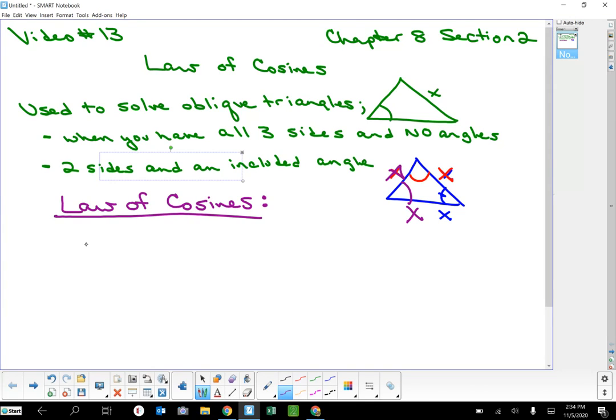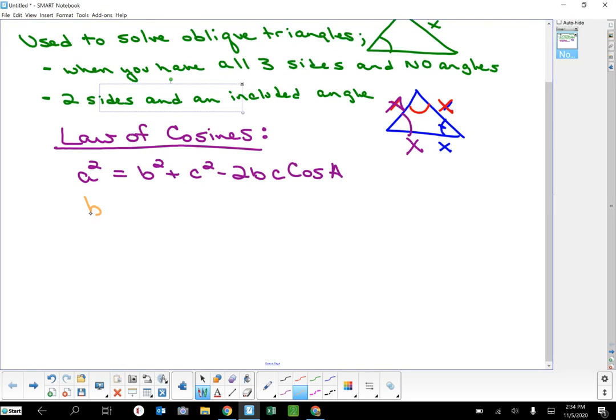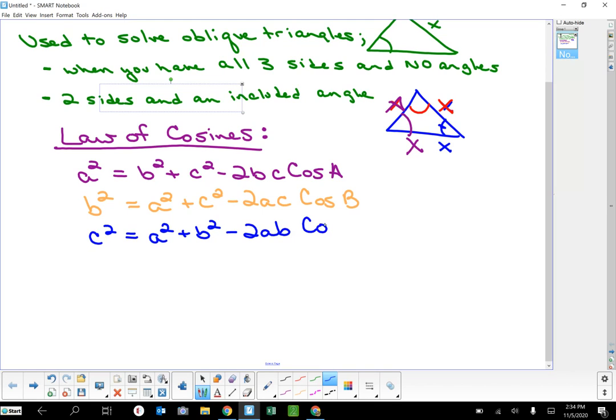The first formula is a squared equals b squared plus c squared minus 2bc times the cosine of A. The second one looks like b squared equals a squared plus c squared minus 2ac times the cosine of B. And the last one looks like c squared equals a squared plus b squared minus 2ab times the cosine of